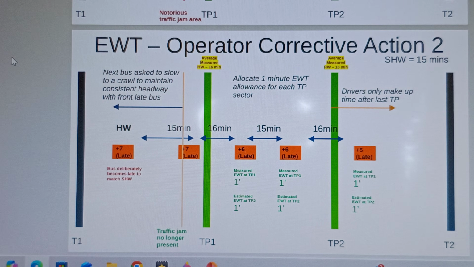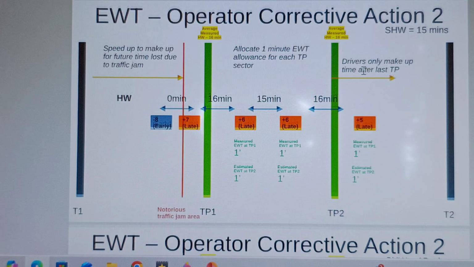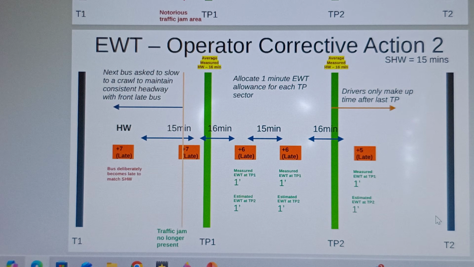So it is really up to the public transport operators to determine when there is a jam and when there is no jam. I'm not saying include the buffer during this period of time and do not include the buffer during this period of time, but you adjust accordingly. I think that's what they're doing anyway. You adjust accordingly to how much buffer you need throughout